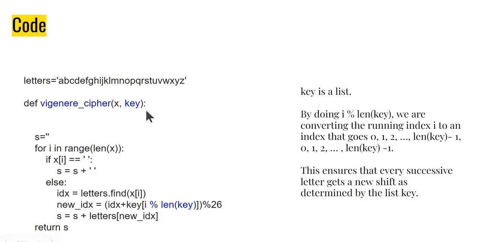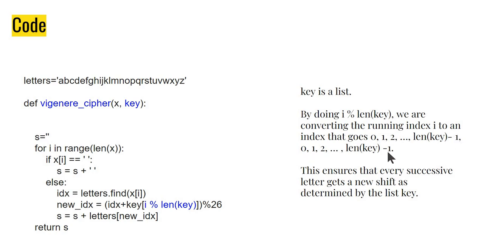So previously I was giving n as an input, but now I'm giving key as an input. This i here is part of the for loop. It's a running variable. Key is a list. So what's going on is that when I'm doing i modulo key, all I'm doing is converting this running index i to an index that goes 0, 1, 2, length of key minus 1, again 0,